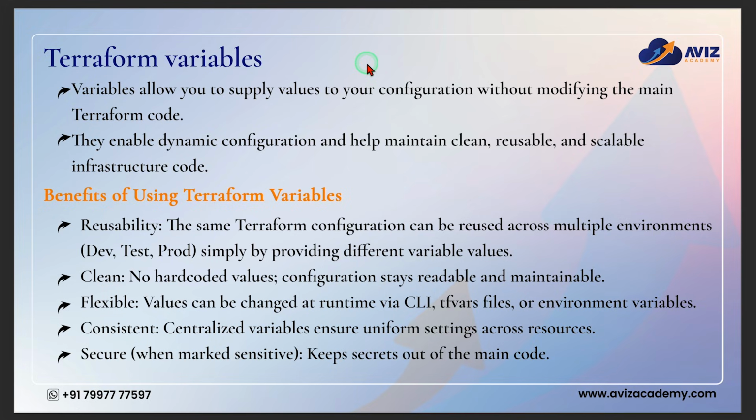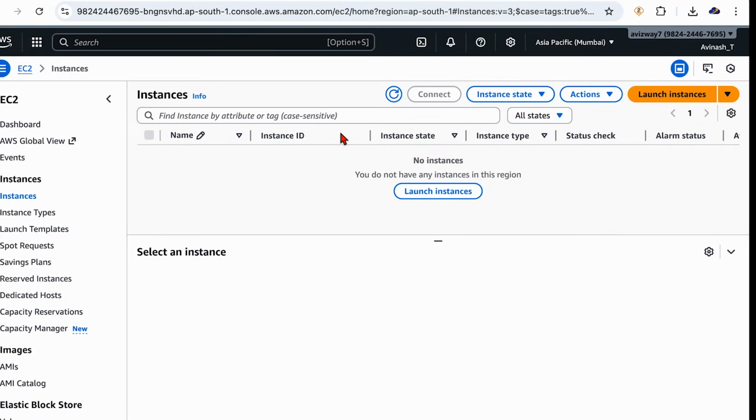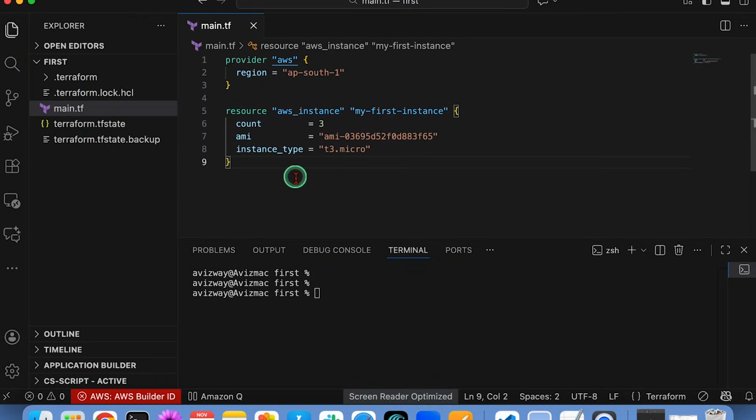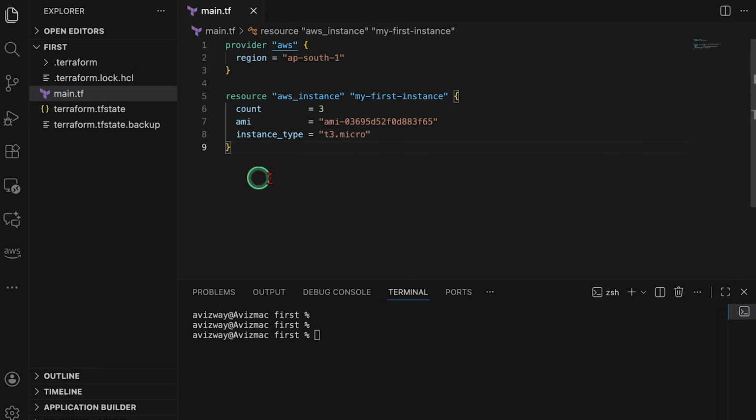Alright, so in this video we are going to discuss Terraform variables. Whatever Terraform scripts we have discussed so far, we are hard coding all these values, so we cannot reuse them. For example, I have multiple environments like a dev environment, UAT, or else I might have